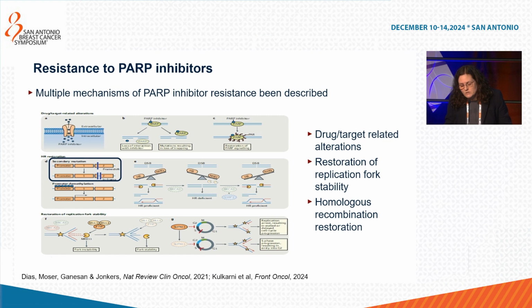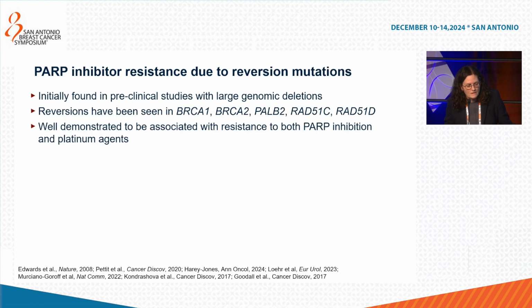So those are secondary mutations on top of the original etiology mutation in the DNA damage or homologous recombination gene that revert back to open reading frame and allow functional translation of the gene with usually, and we'll get into this in more detail, hypomorphic or decreased function as compared to the wild type. So PARP inhibitor resistance due to reversion mutations was originally described in preclinical studies,